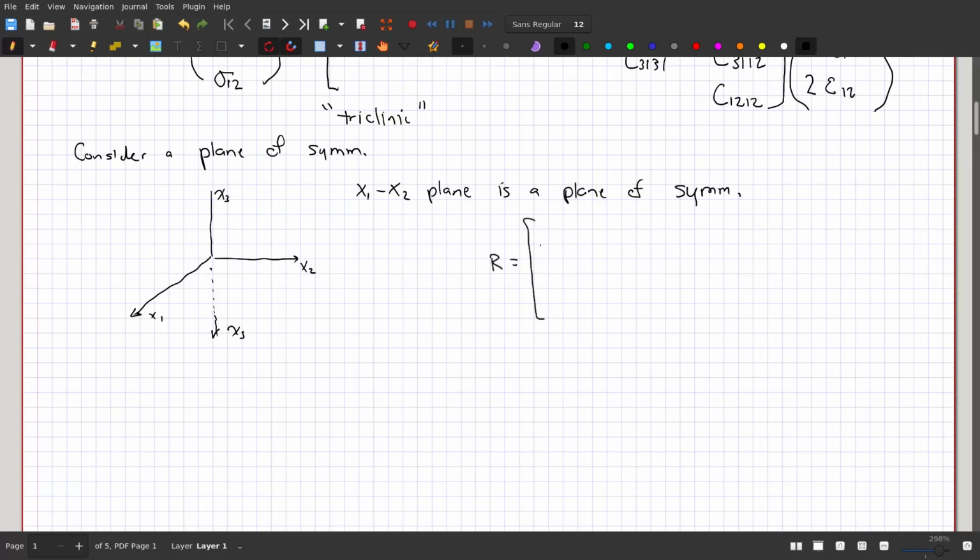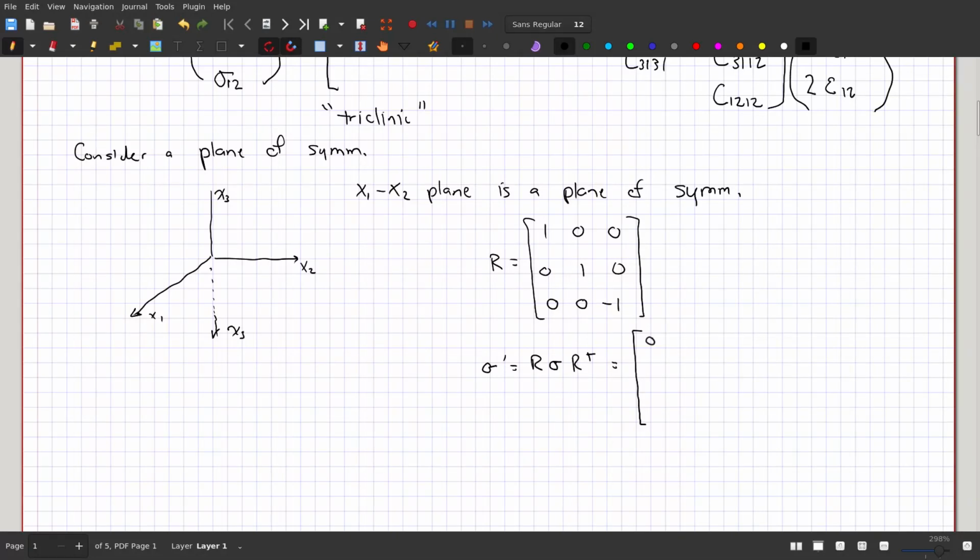And it's actually not a proper rotation matrix. It's more, I guess, a reflection matrix. But we can use it in the same way we use a rotation matrix to transform the stress. So in other words, if we said sigma prime is equal to R sigma R transpose,